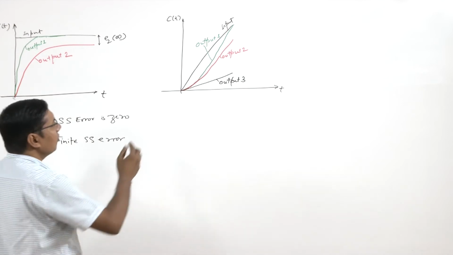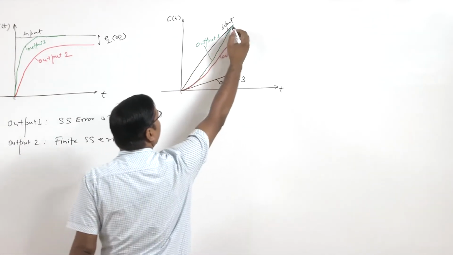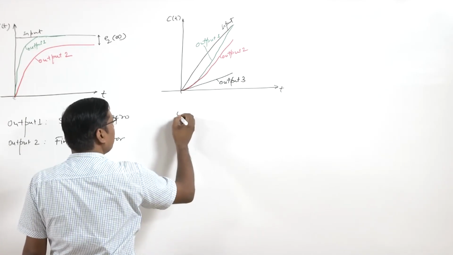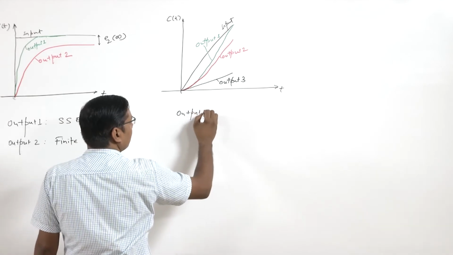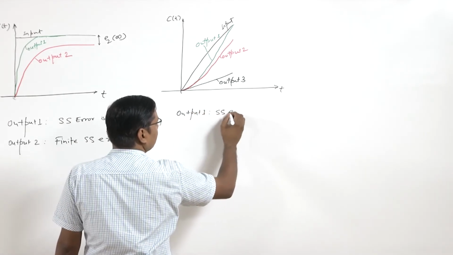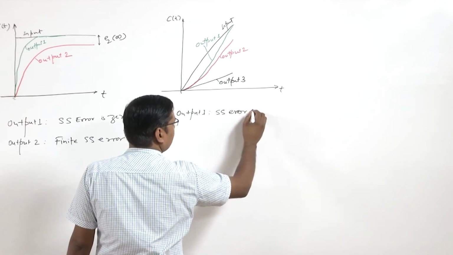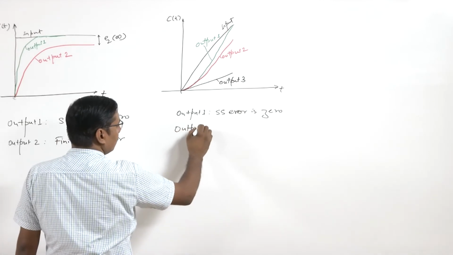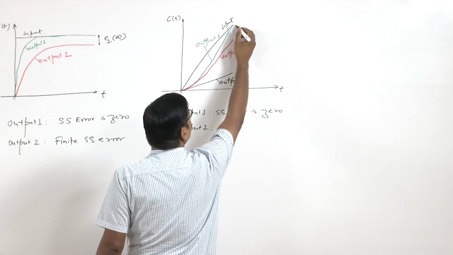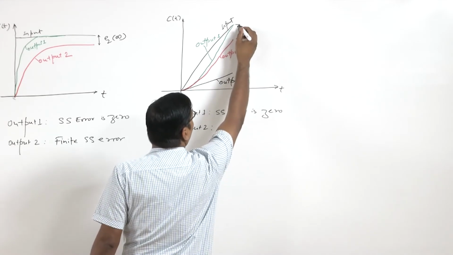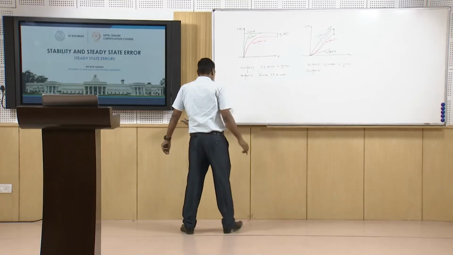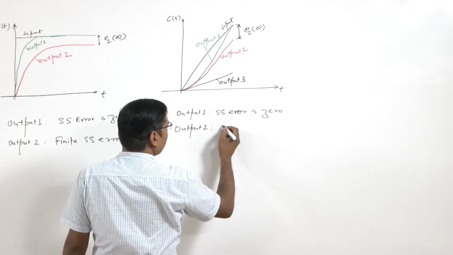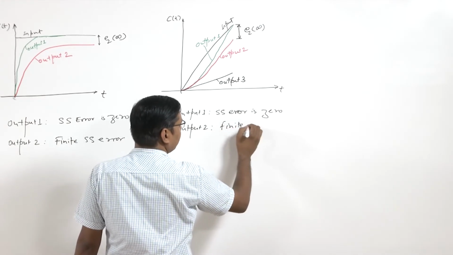So here we see that this output 1 is finally going and meeting the input. So here output 1 has 0 steady state error. Output 2 has, so this is finite steady state error, let's call it E2 infinite. So finite steady state error,